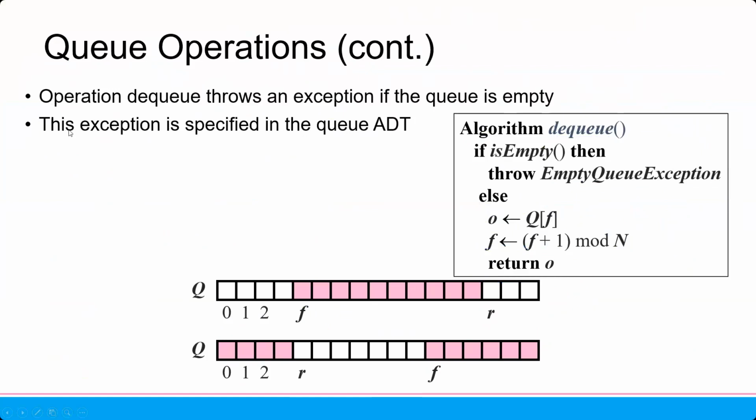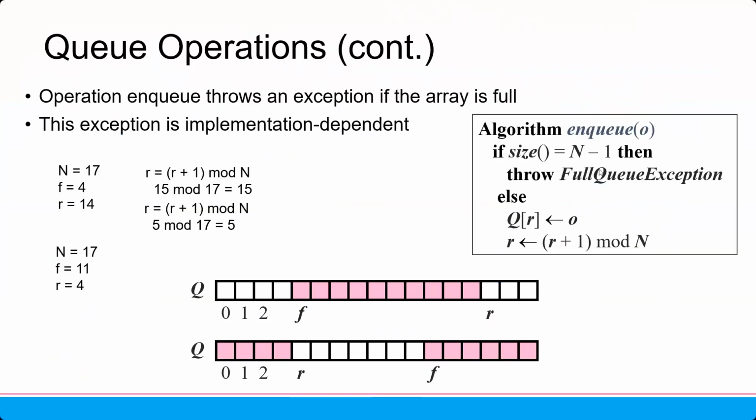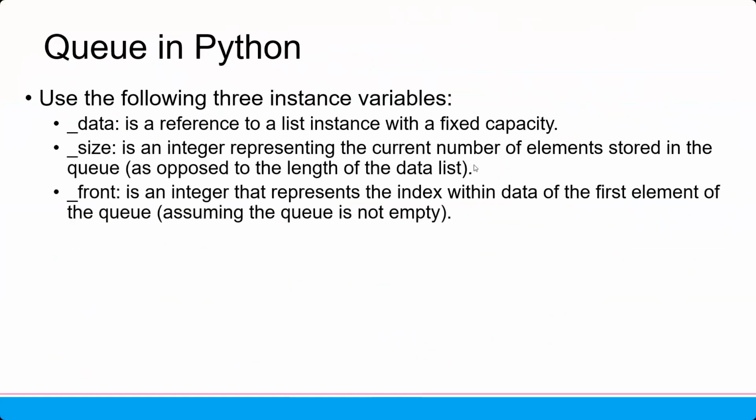So there will be an exception. We can make a kind of exception. The exception is empty queue, and the other exception is full queue. Last time we learned about exceptions in the first part of Python. So in the queue,